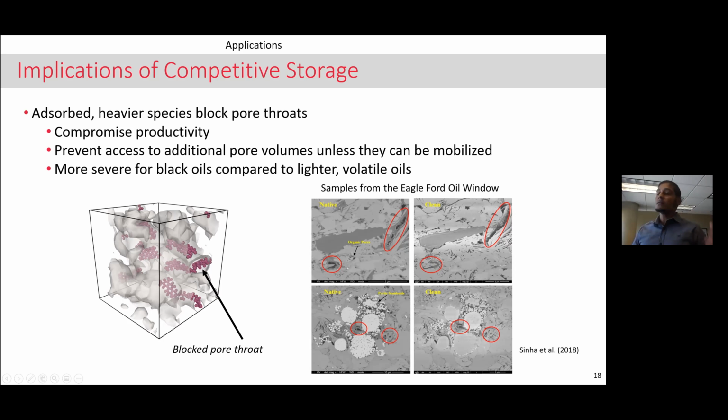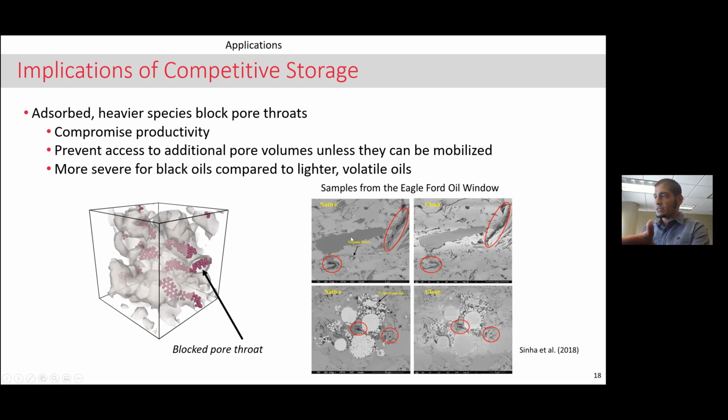And now you can say, hey, this is a modeling construct. Can I believe you at all? It turns out that this modeling hasn't occurred in isolation. The reason why we did this modeling was because what we observed with lots of shale samples is precisely what I'm showing you with this modeling diagram. So on the right-hand side, I have a picture of a native sample from the Eagle Ford. A native sample means that it's a sample that was just collected and nothing was done to it. It just came out of the ground and we keep it on a desk and image it. And you can see some pores over here.